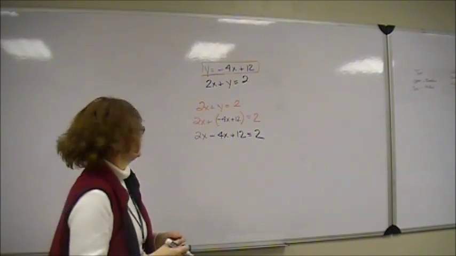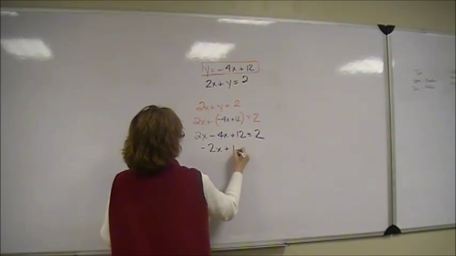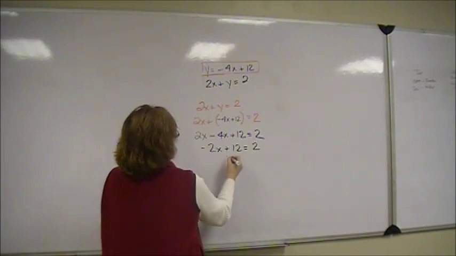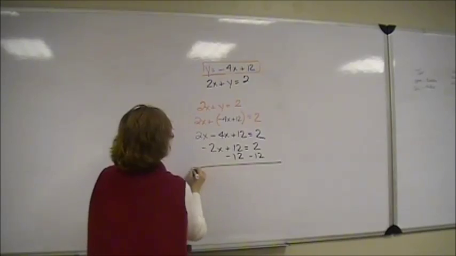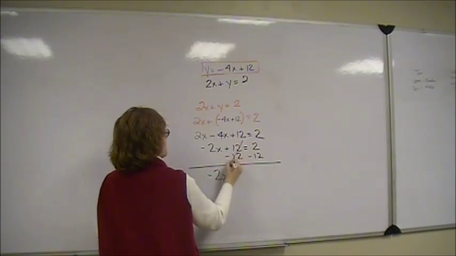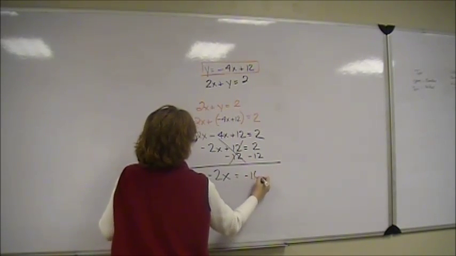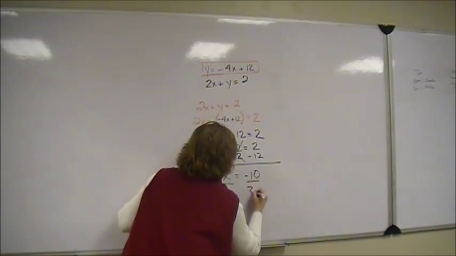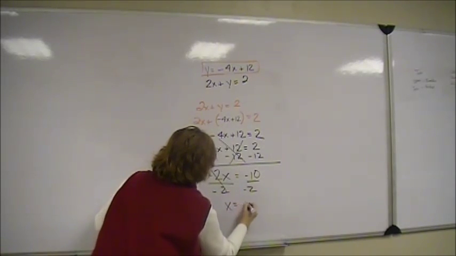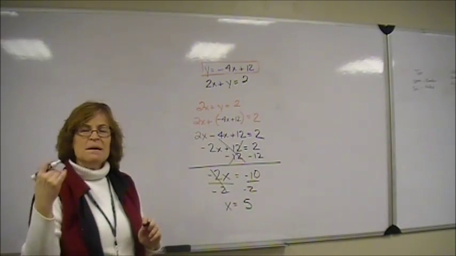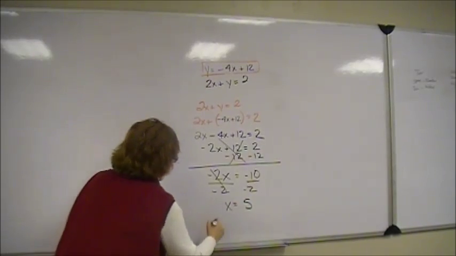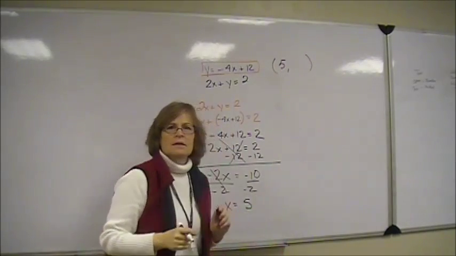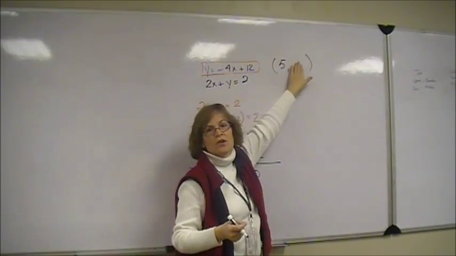I'm going to combine like terms, which gives me negative 2x plus 12 is equal to 2. And I'm going to solve this for x. Minus 12 on both sides, bye-bye, and that gives me negative 2x is equal to negative 10. I'm going to divide through by negative 2. That gives me x is equal to 5. That's my x value, so that would be 5 comma